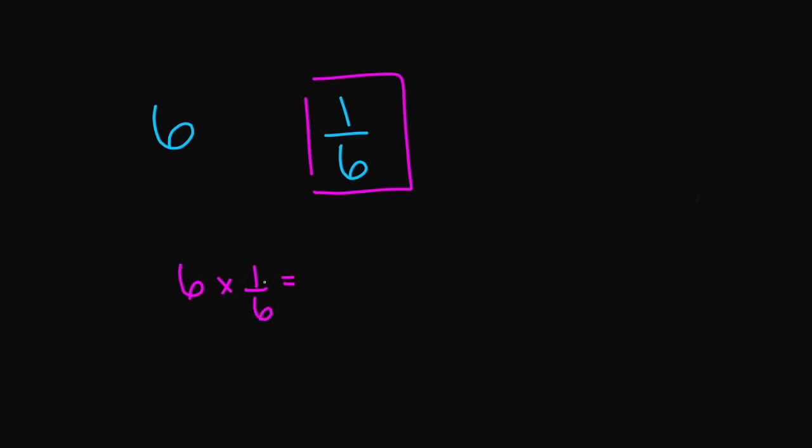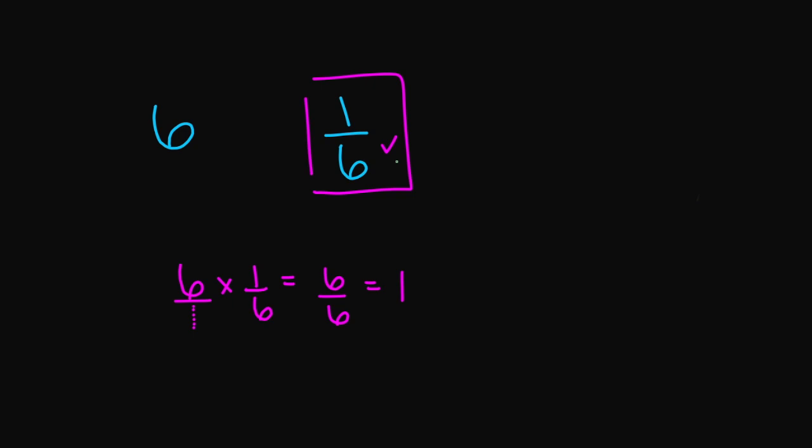So 6 times 1, this is going to equal 6. And then my denominator, under here, you have your imaginary 1. So in my denominator, you have 1 times 6, and this is also going to equal 6. So 6 divided by 6 equals 1. So we know, yes, the reciprocal of 6 is 1 over 6. So we know that is a correct answer. Remember, when you are finding your reciprocal and your number, if you multiply your reciprocal and the number together, it